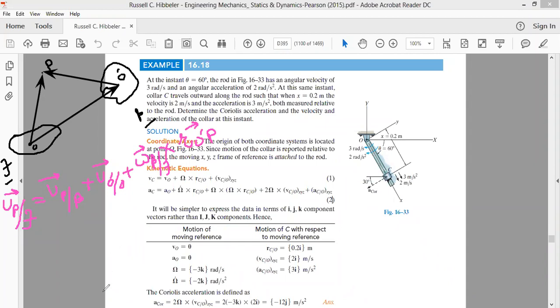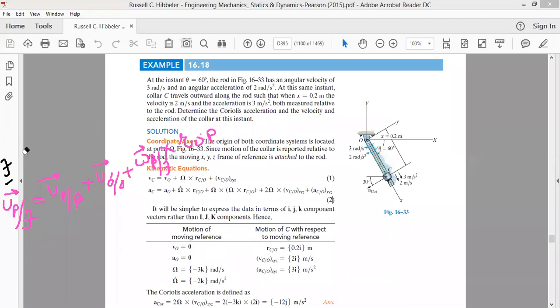Now let's try to use the expressions for the velocity and acceleration in solving the problems. Let's use these expressions in solving the problems we have in hand today. As far as the problems are concerned, we have problem 16.18. It says, at the instant shown, theta is equal to 60 degrees,